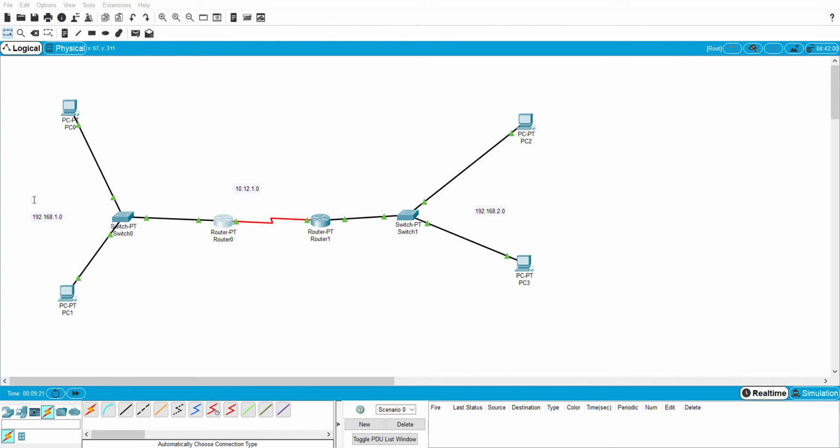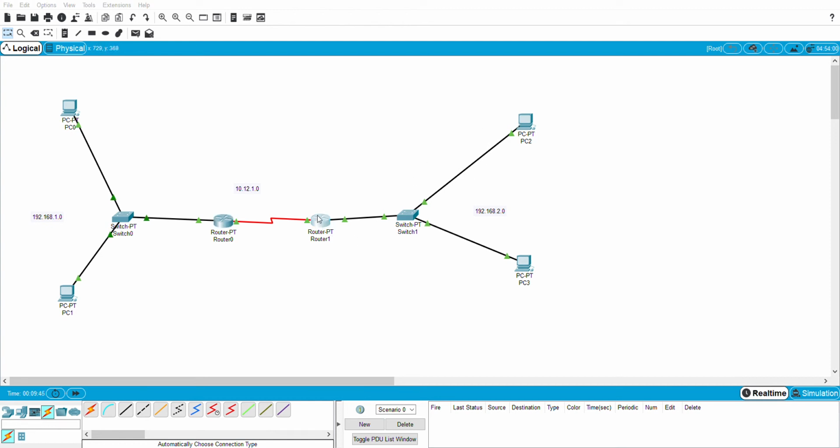So this is the first network, this is the second network. So the first one is 192.168.1.0, add, then the second is 10.12.1.0, add.